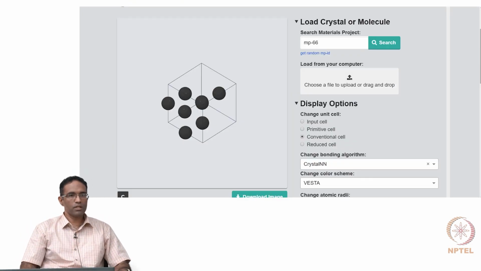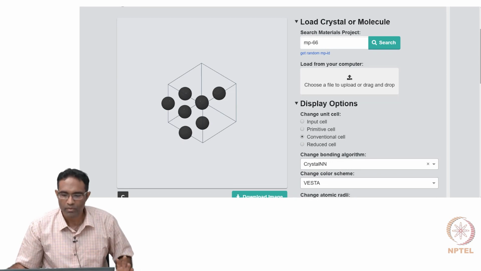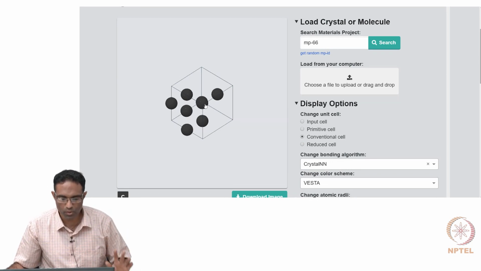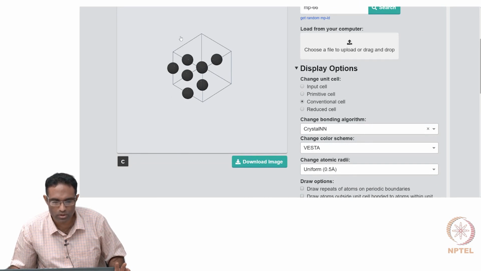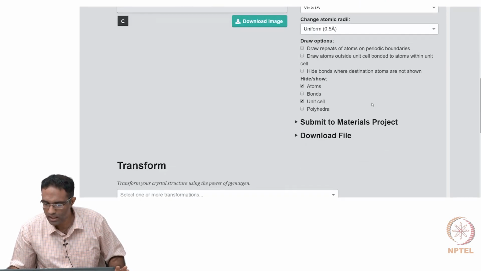Is there any reason as to why they shift the origin? So for some cases the location of the origin is obvious. Okay. For others, what happens is there are two or more locations where the origin can be placed, and usually the origin is placed in some symmetry element. So if you want to address that issue, I will have to go to this Materials Project web page, and